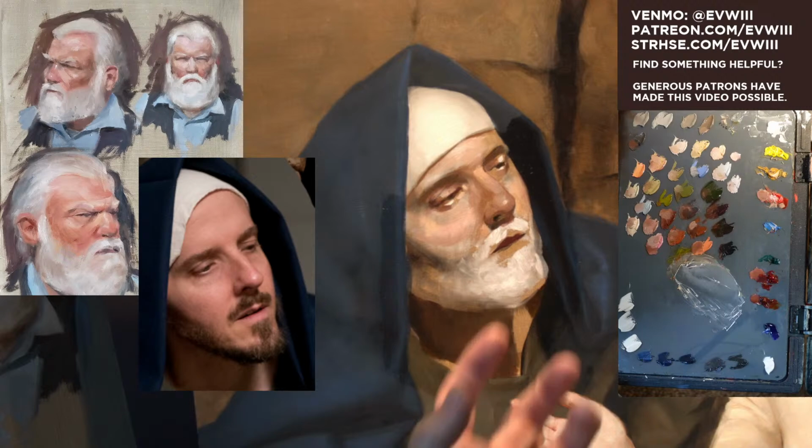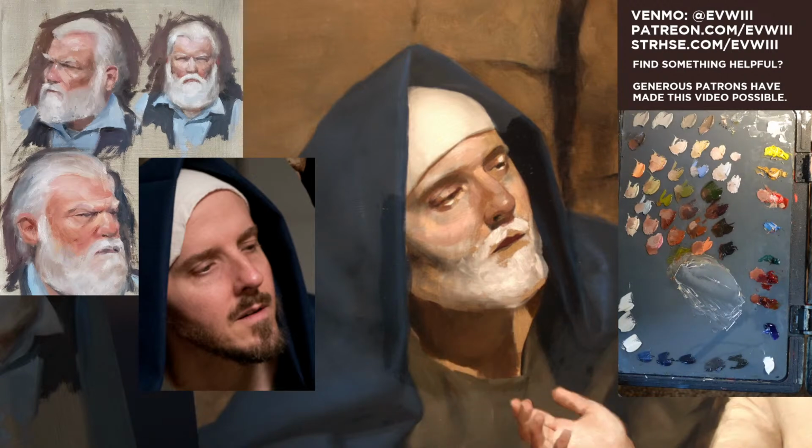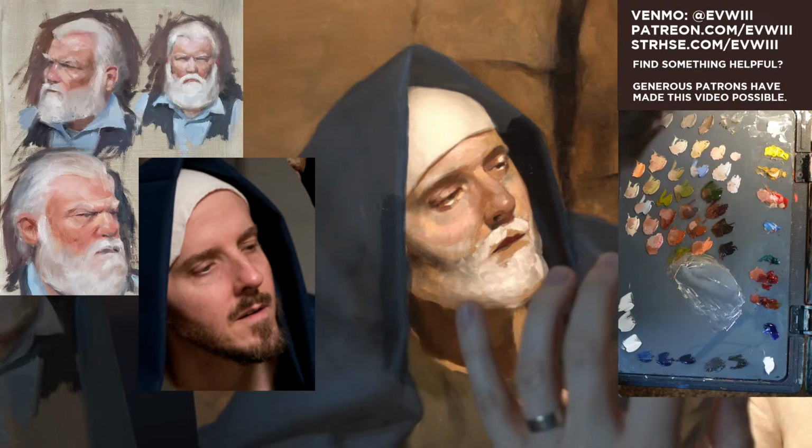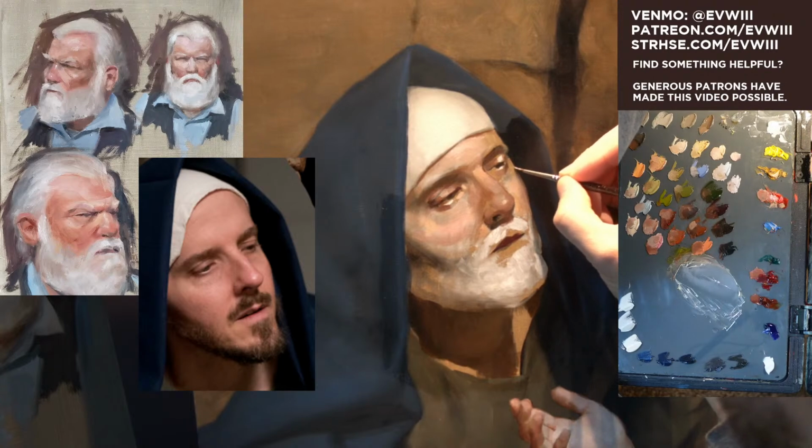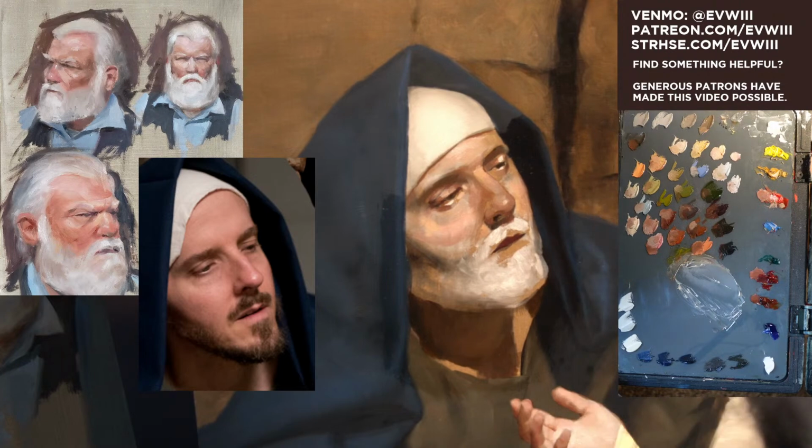Bright, or I should say saturated, intense colors come forward, neutrals recede. And there are four elements that you can play with beyond just trying to capture realism that are going to allow you